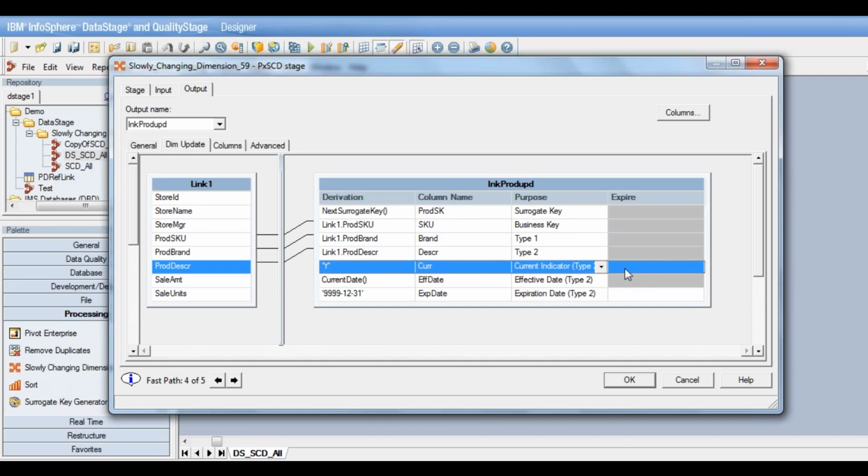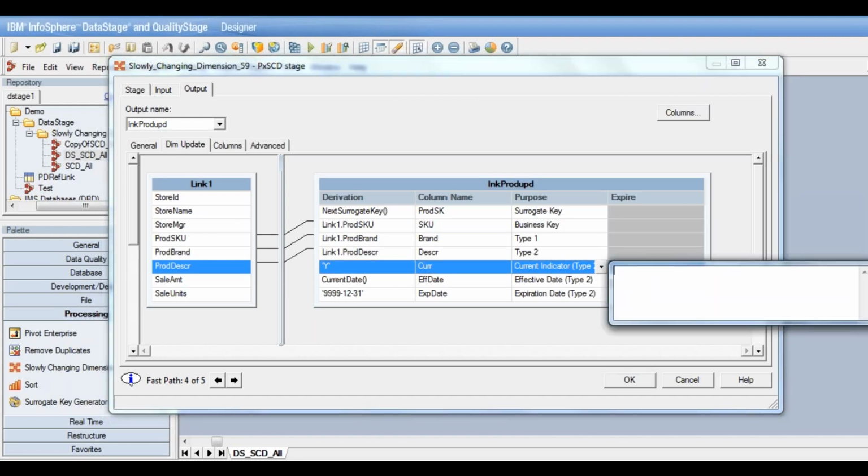The expired record will be the already existing record in the dimension table, and now I'm updating it. So I have a new record for which the current indicator will be set to y. So what will be the value for my expired record? My expired record value will be n. I have to update them as n.